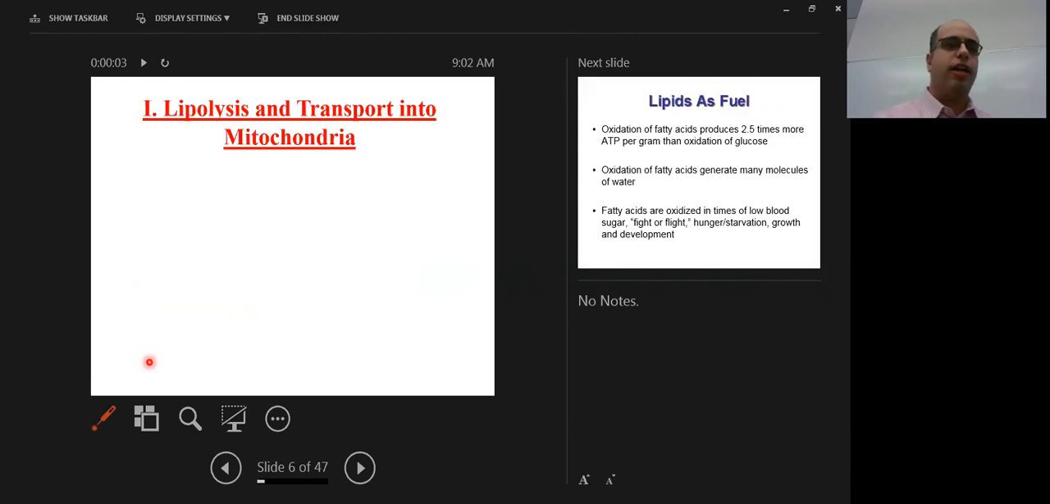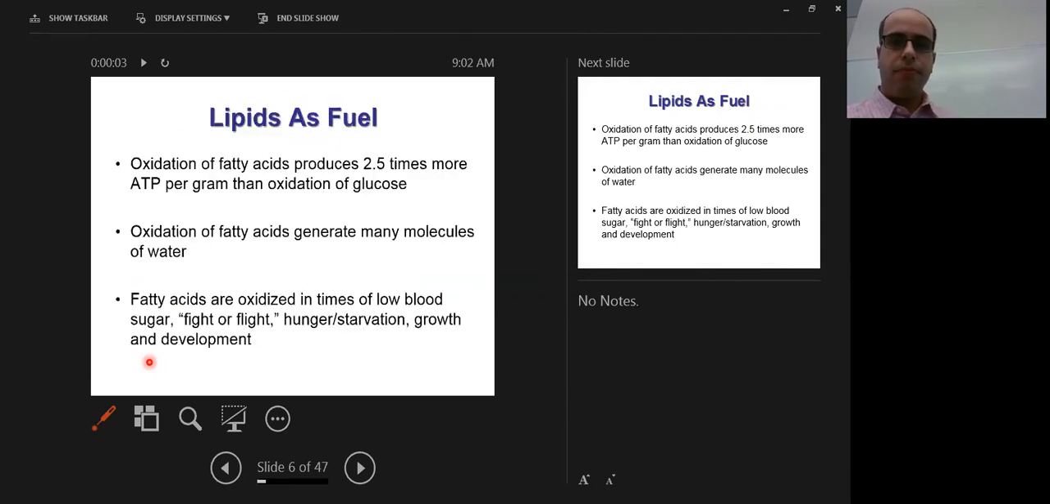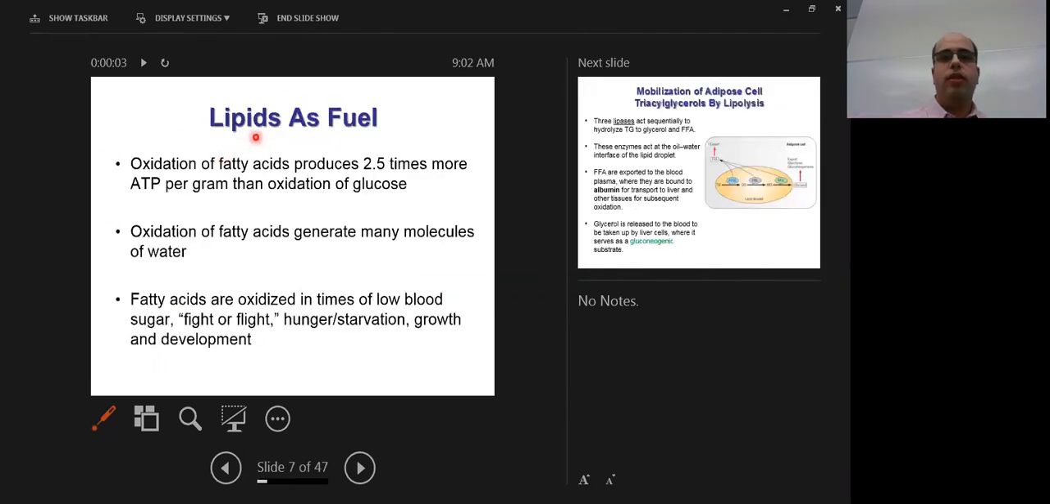So we'll start off talking about how we have our lipids, and then we transport them into the mitochondria to go through oxidation. So with lipids using as fuel, they are about 2.5 times more potent in producing ATP than glucose. If you fully oxidize a lipid versus glucose, you'll get a lot more of that ATP per gram than glucose. To oxidize fatty acids, you will generate more molecules of water, so your body will become actually more hydrated by